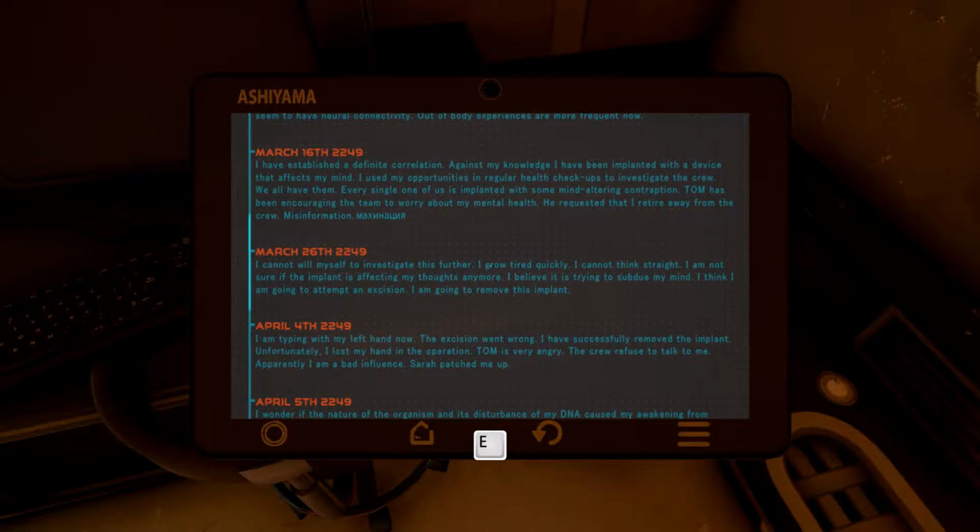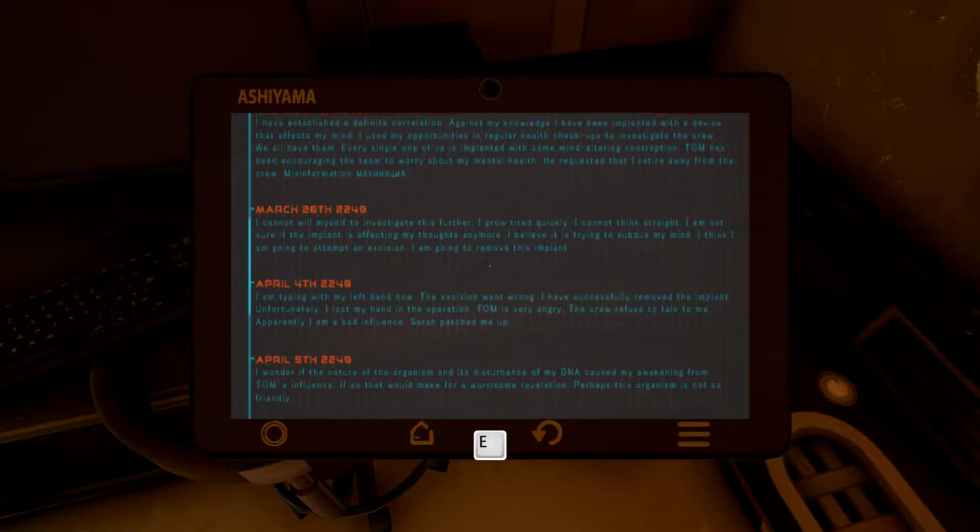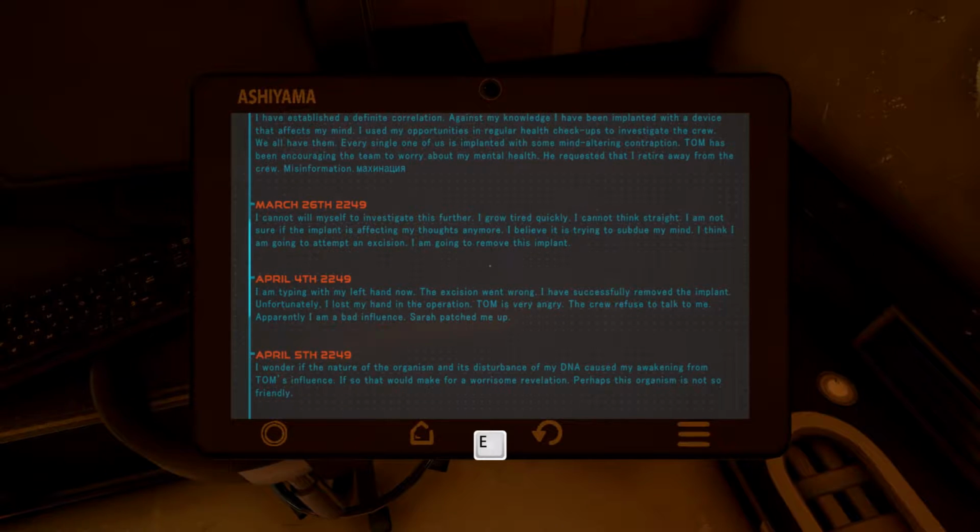I think I'm going to attempt an excision. I'm going to remove this implant. I'm typing with my left hand now. The excision went wrong. I've successfully removed the implant. Unfortunately, I lost my hand in the operation. Tom is very angry. The crew refuses to talk to me. Apparently I'm a bad influence. Sarah patched me up. How in the hell do you lose your hand when you're removing a little...